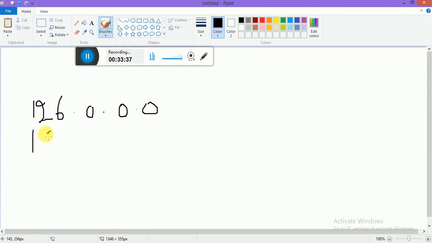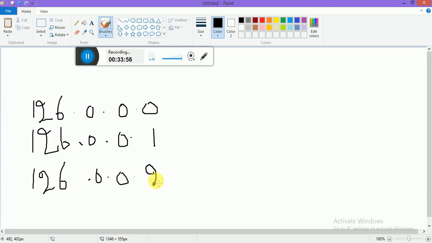So this is the last network, 126. Now 0 0 and 1. So this is the first IP, this is the network ID. Now 126, 0 0 and 2. Now this follows the same rule that we have done. So you will have